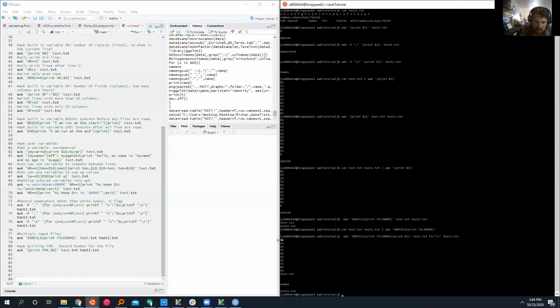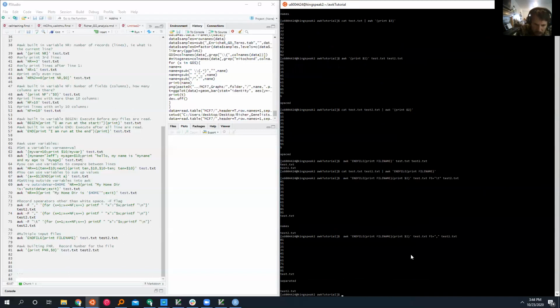And so you see here we get the right thing. There's our file name out. And then here we got the correct field 2 out because we set our field separator to tab. You could do the same thing, set it to comma here, and we get the second field of the comma one. So that's one of the features you're going to miss out on. There's a lot of different ones, like if you're working with multiple files and you want to know what your